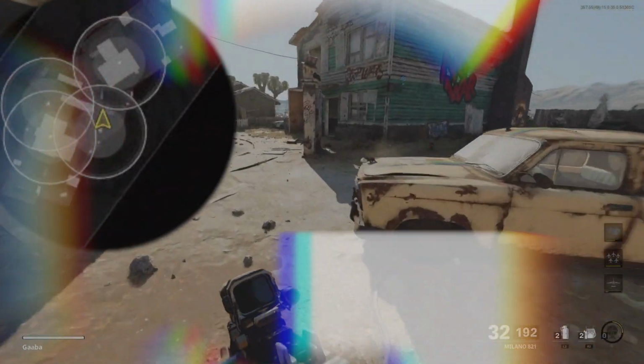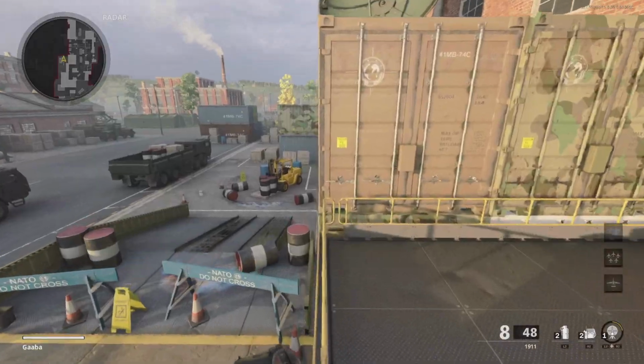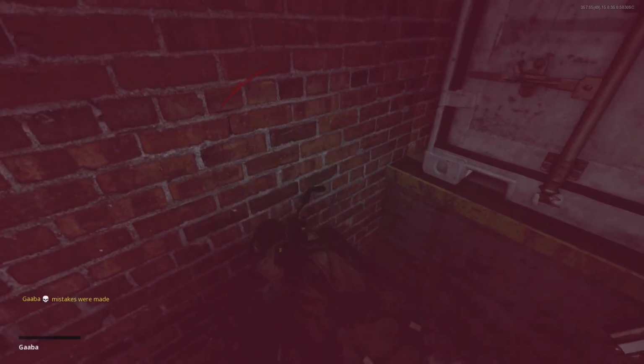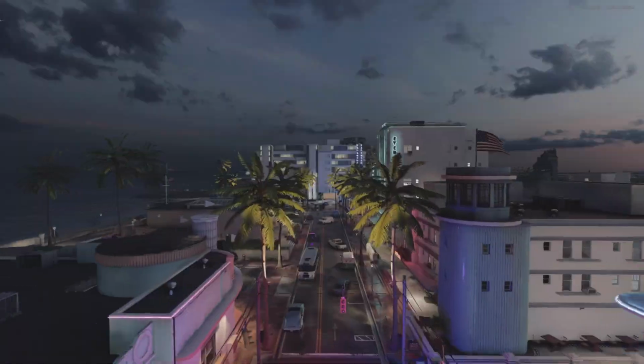The field mic and the jammer, two very important pieces of equipment that can change the whole game when used in the correct way. Neither of these pieces of field upgrades actually despawn. They have very little health, so you'll want to place them in a very delicate place. In this video, I'm going to show you the best places for all of the multiplayer maps and how to